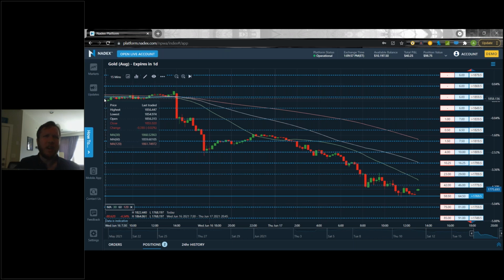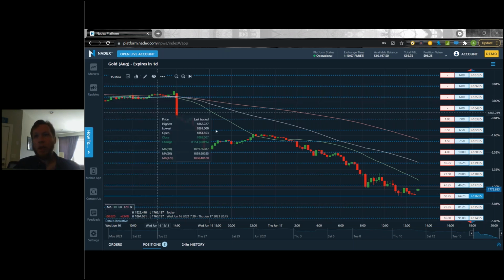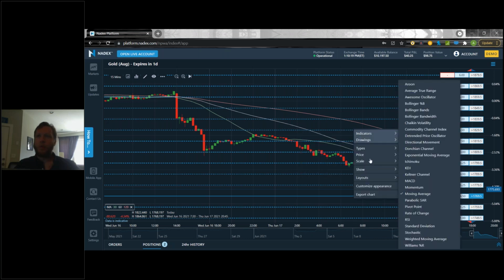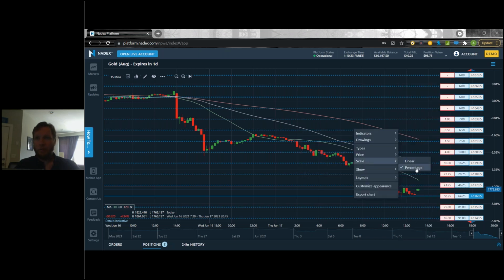So I can see this first candlestick, this was Wednesday, June 16th at 7:30. I'm getting that from down here, right? So I can see this was 7:30 this morning. So I can see since 7:30 this morning, we've actually had about a 5% dip in the price of gold. So that's a pretty significant drop off in the price of gold today. I can really easily see that because I have this percentage set over here. So that's going to be in your scale right here. So percentage scale, linear is going to be that actual price on the right-hand side of your screen.